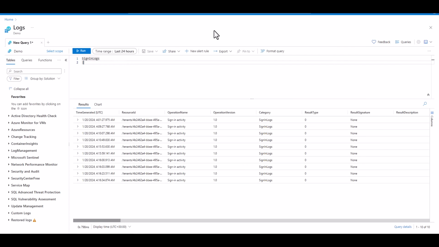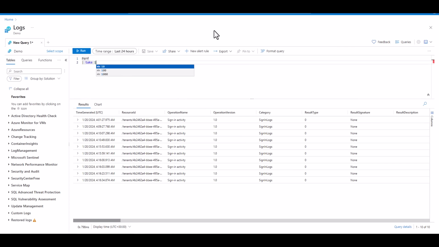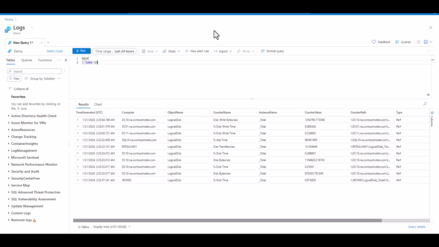Next up, we have extend. We use project to only display the fields we're interested in. And if we want to create a brand new field, we can use extend. Extend is powerful because you can define the parameters of what the field should be, and you can get creative with that definition. Here we're taking a sample of the perf table used to see performance metrics for Azure virtual